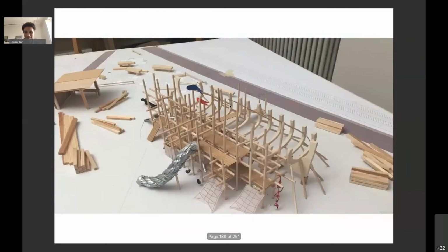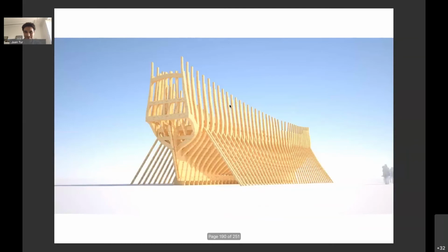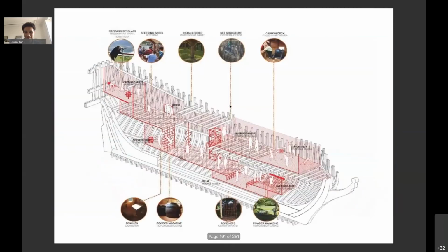So, of course, this boat first looks like a Viking boat. Then we researched very deeply on how to build the real boat, going into historical drawings, talking with companies, and we made our first 3D model with the real dimensions of the boat. This boat, we kept the shell, and we recreated the original levels